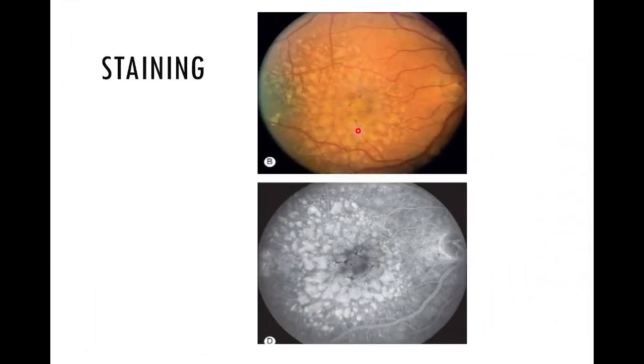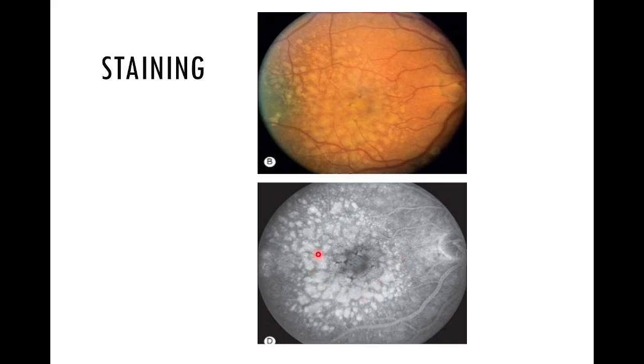This is the fundus picture of the right eye showing the drusen. We can see these are drusen in the right eye in the macular area. Here, as soon as the dye enters into the choroidal circulation, uptake of the dye by this drusen occurs. It retains the stain, and this leads to staining of the drusen.